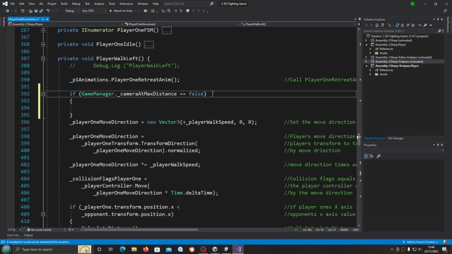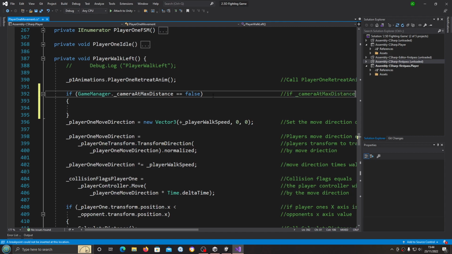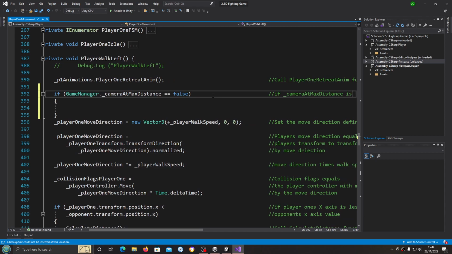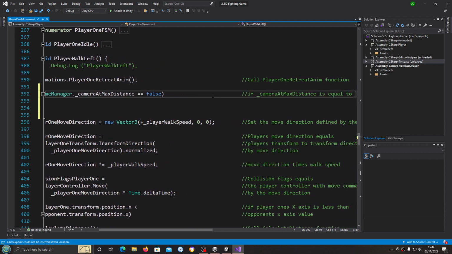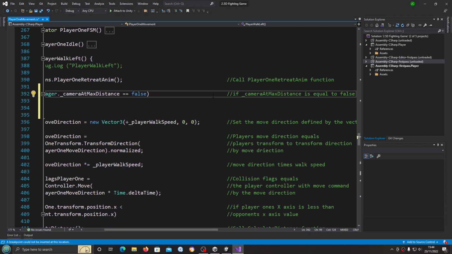We'll come to the end of the line, we'll open and close brackets, and then we'll come back into the comments. So if camera at max distance is equal to false,